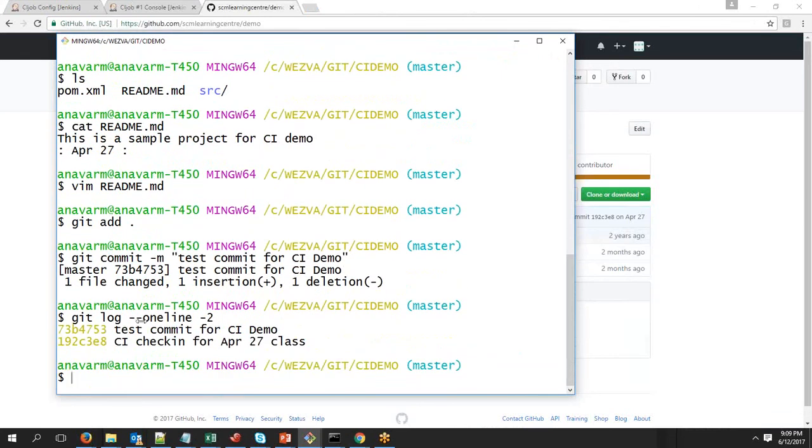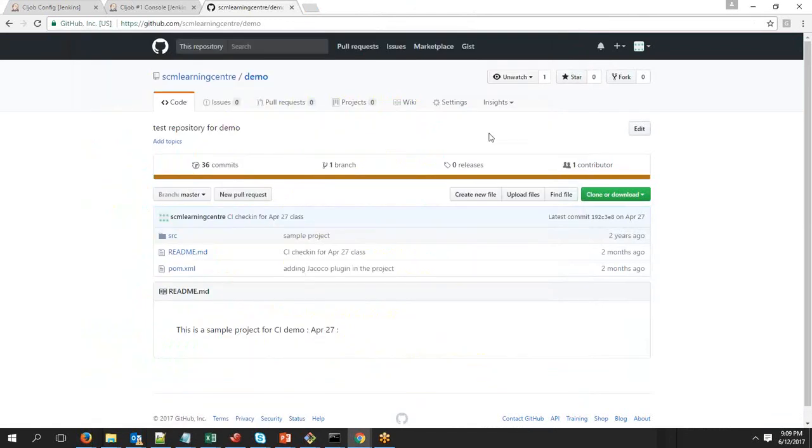So now you can see it has created a new commit ID, that is 73B4753, and that is not available on your central repository, because only if you do a push will it be available there. Okay, now be very clear, this is our test workspace. As a developer, we have created one workspace and we have done a commit. Neither is this available in the central repository, because if you look at the content, it will still show you the old content,